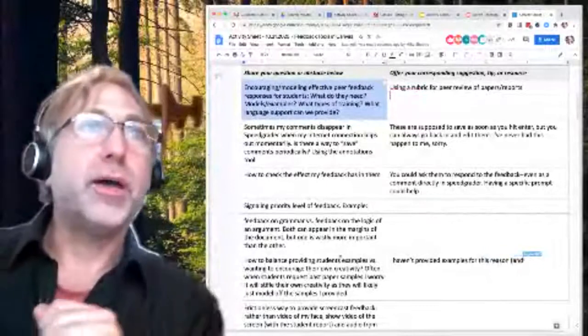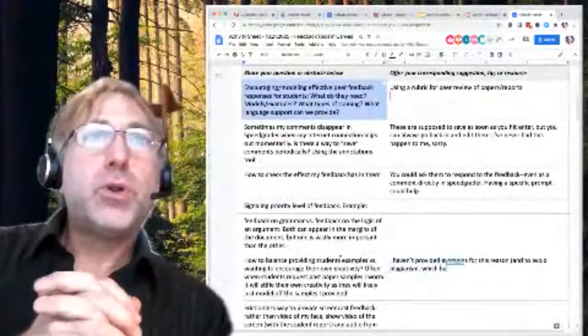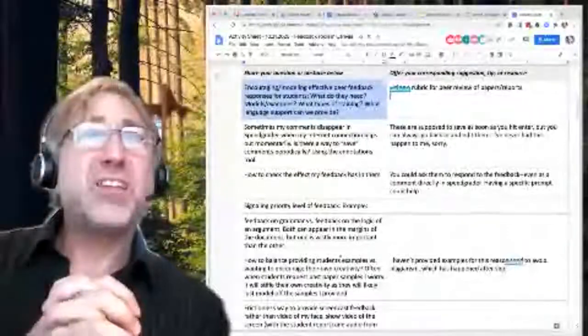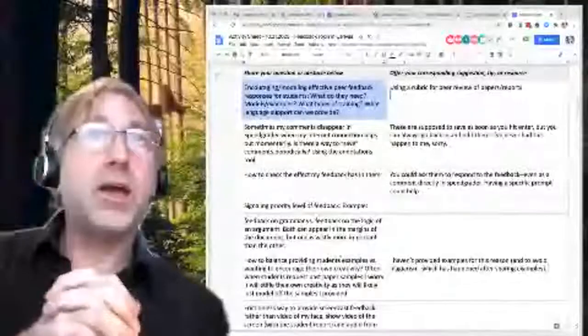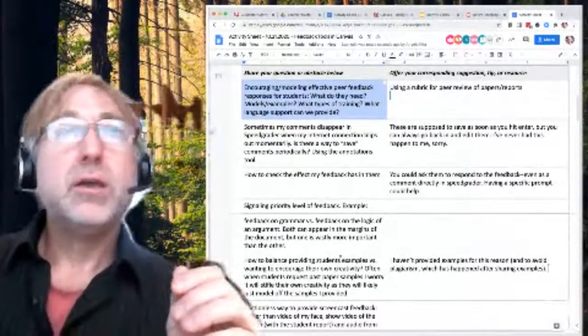So let's talk about that. All right, the first one: encouraging and modeling effective peer feedback responses for students. What do the students need? Do they need models? Do they need examples? What kind of training do they need for peer feedback? And what language and support can we provide? On the activity sheet,